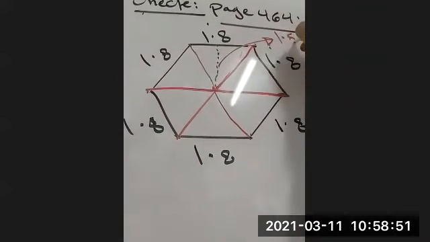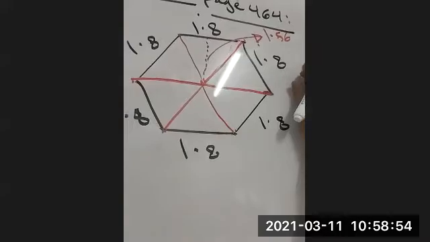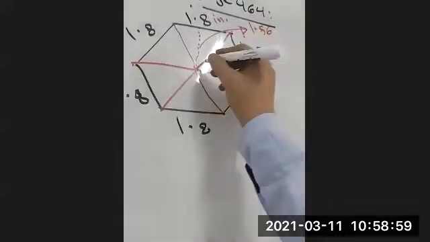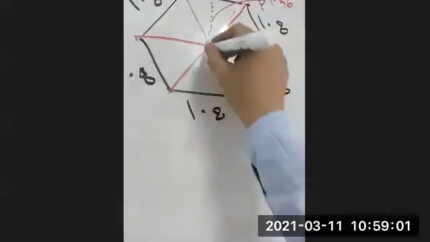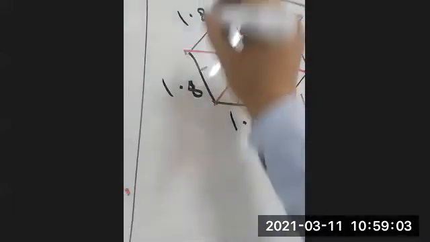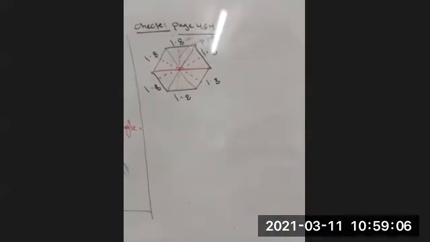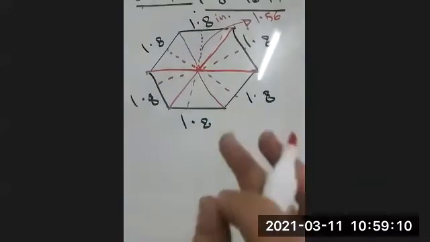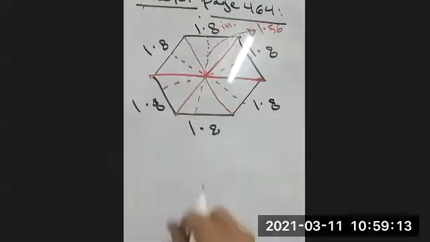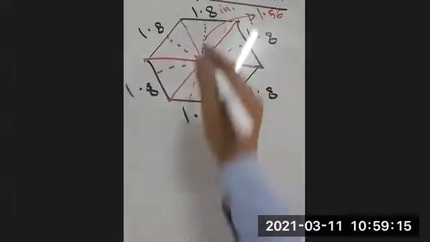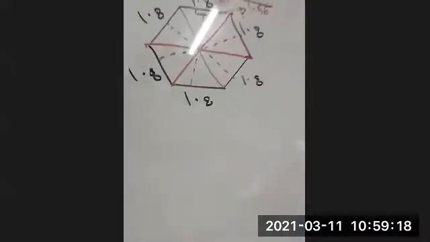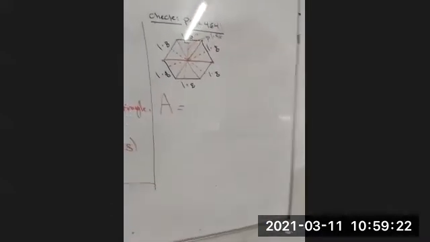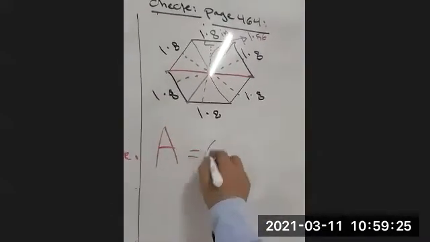The height is given: 1.56. What's the unit? Inches. If the height is 1.56, all of the triangles have the same height. So we have 6 triangles, each with base 1.8 and height 1.56. How do we find the area? This is the question. Area equals 6 multiply